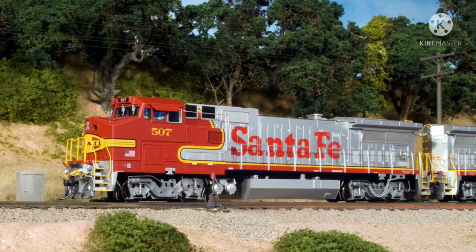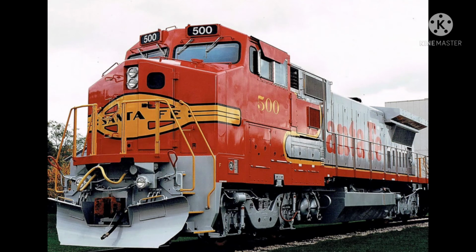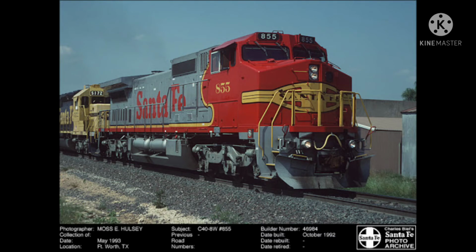pickled pink jeans. 67 C40-8Ws were sold to the Canadian National in the early 2010s. And in 2014, all the B40 and C40-8s were retired from the BNSF because they had been getting very old. And since the red paint had been chipping off, now they looked completely pink. Some B40-8Ws were either sold to railroads or scrapped, or stored in various yards, or doing yard switching, while most of the standard cabs were renumbered again,